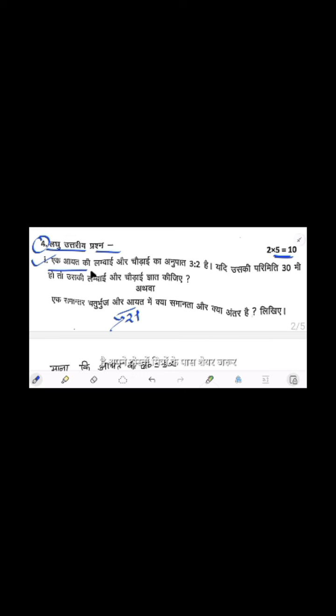Okay? So watch, the ratio of the length and breadth of a rectangle is 3 to 2. If its perimeter is 30, then you have to find its length and breadth. Or what is the similarity and difference between a parallelogram and a rectangle? You have to